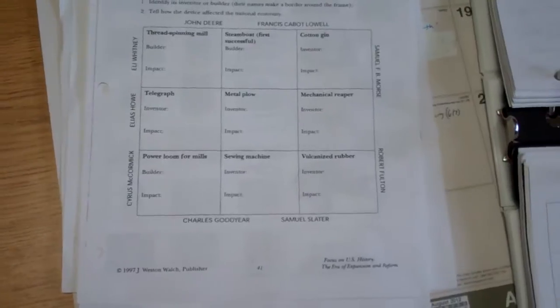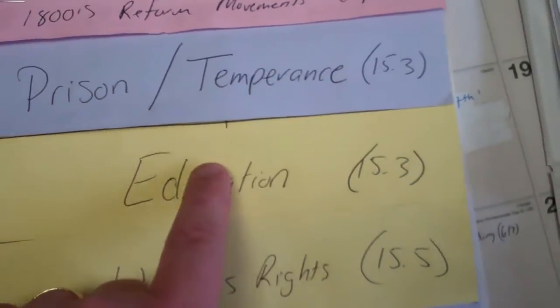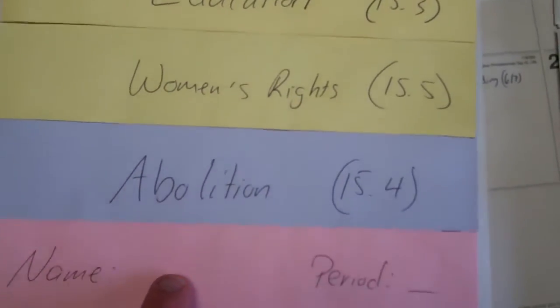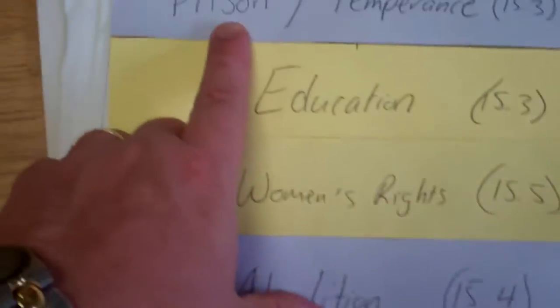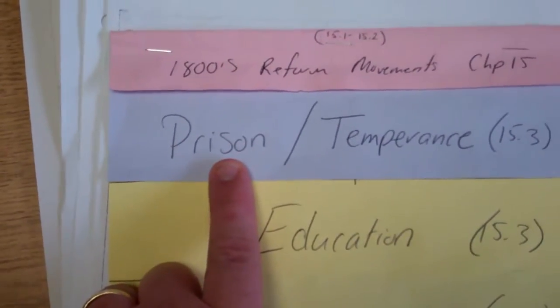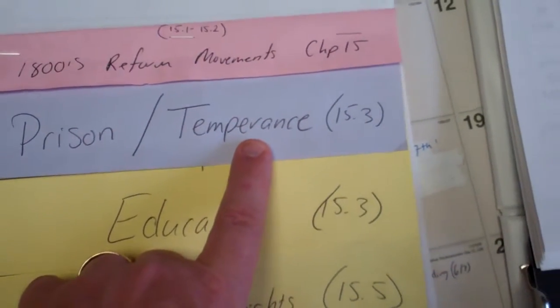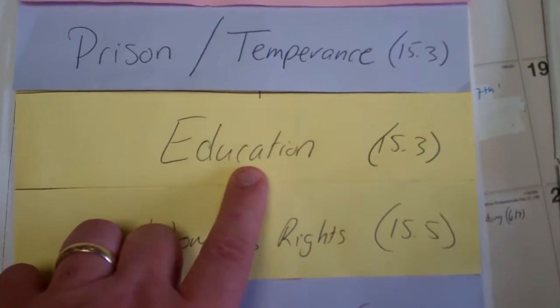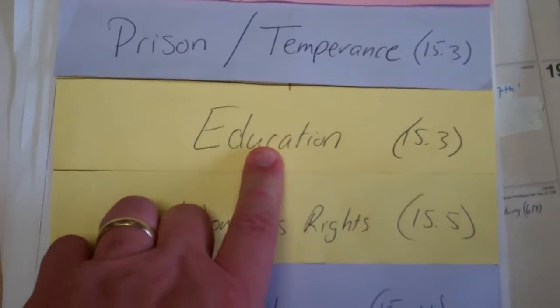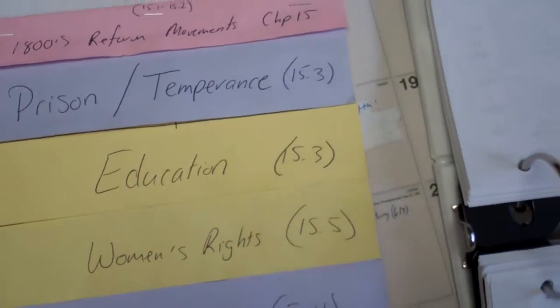Then the next thing we did is we went into the Reform era and we looked at different movements that spawned off during the Industrial Age. We've got to fix prisons, because we don't know who to throw in there, and we're not teaching them a vocation. Too many people are drinking alcohol, we need to curb it, temper that. Education, the common school movement, Horace Mann: let's get everybody educated, because that is the great equalizer of all social classes.